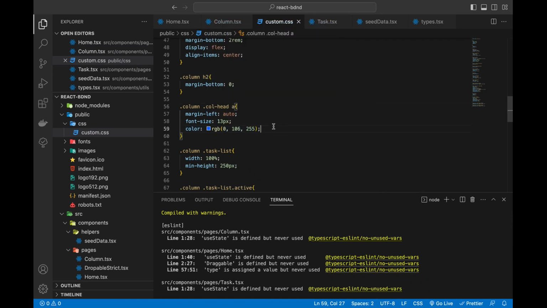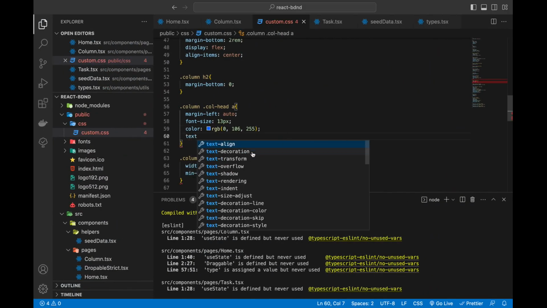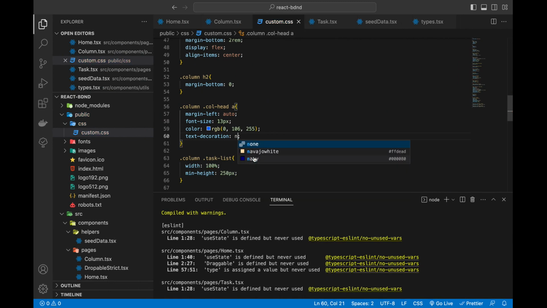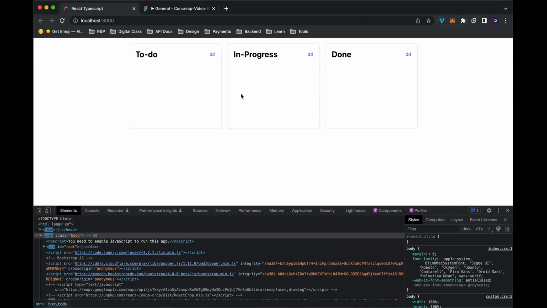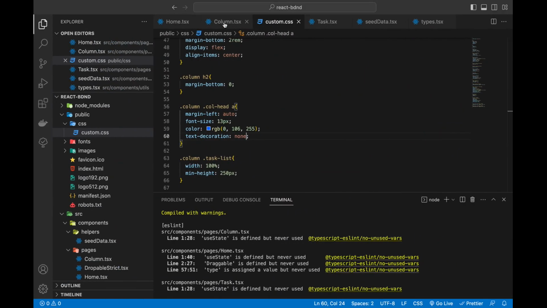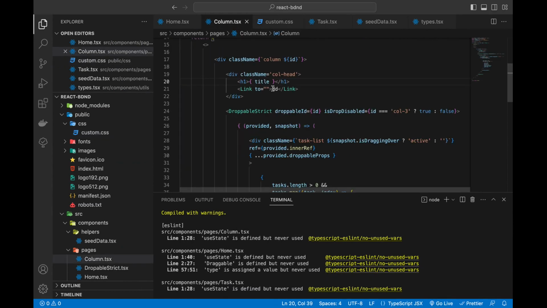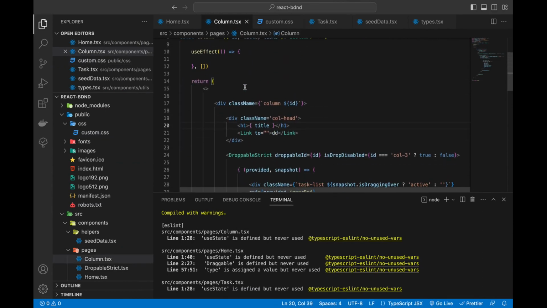So color is blue, and I think we're going to say text decoration is none. We don't want that underlining there. All right, DD here means disable drop, or you can say DDP or something. All right, so with that done, what we want to do is